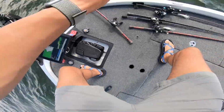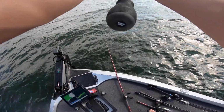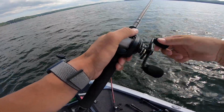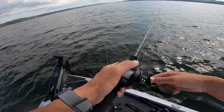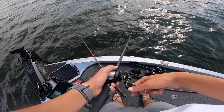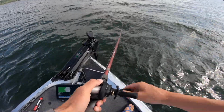God, they're schooling right here in front of me. Oh my God. Oh my gosh. They are schooling their heads off right here, and I have nothing to throw at them. Yeah, I need to keep that ready again. Need to get my bull shad back out, but